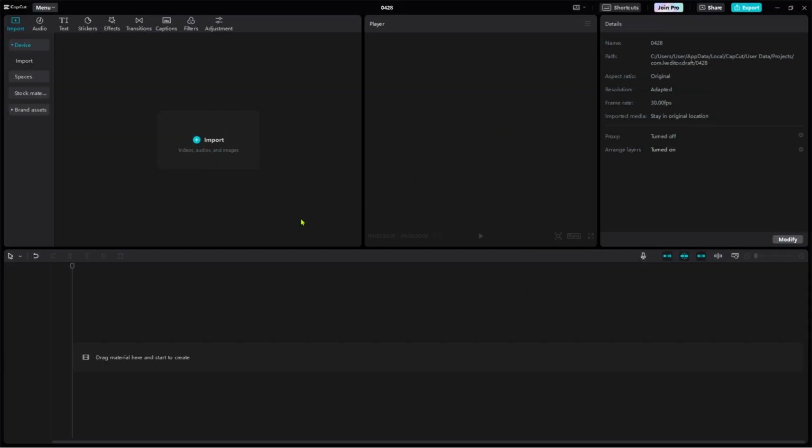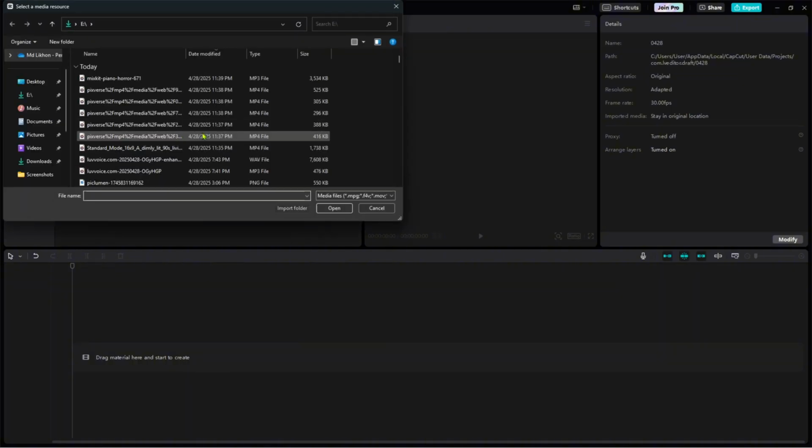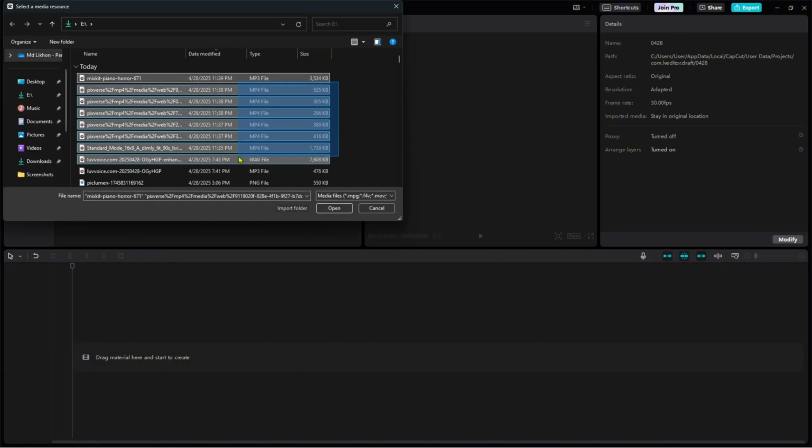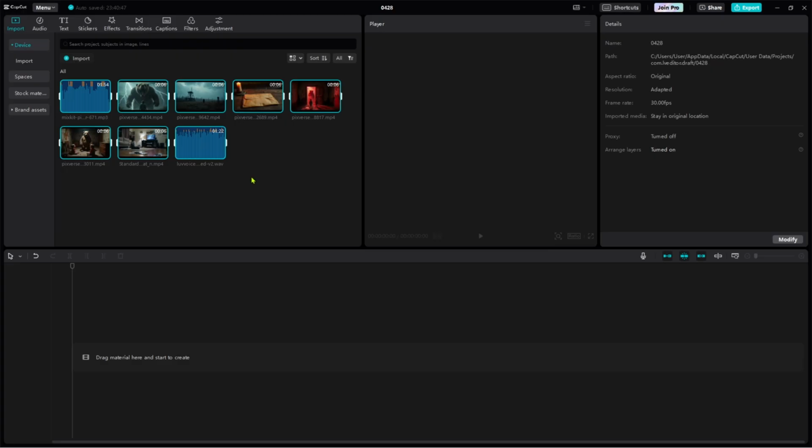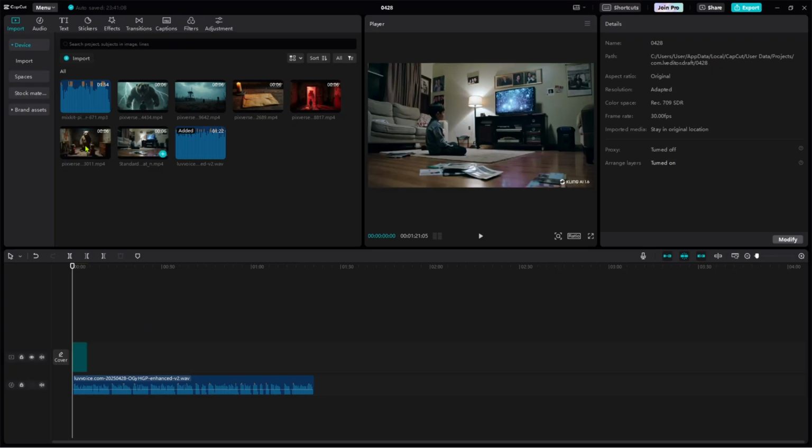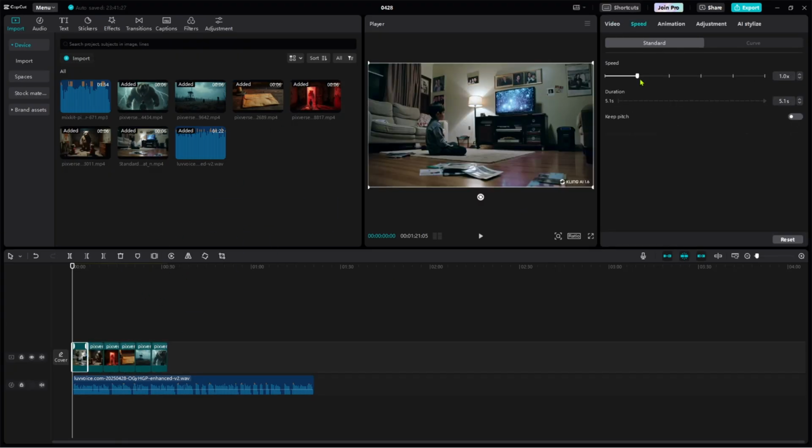The final step, editing your final video. For video editing, I'm using CapCut PC because it's free and easy to use. Now import all the generated scenes and voiceovers. By the way, I have downloaded a music as a background music from Mixkit. You can get free copyright-free music from there. Also, you can visit Pexels and Pixabay. Okay, now take them into the timeline and arrange clips according to the scene. Then we will adjust the speed of the clips according to the voiceover.